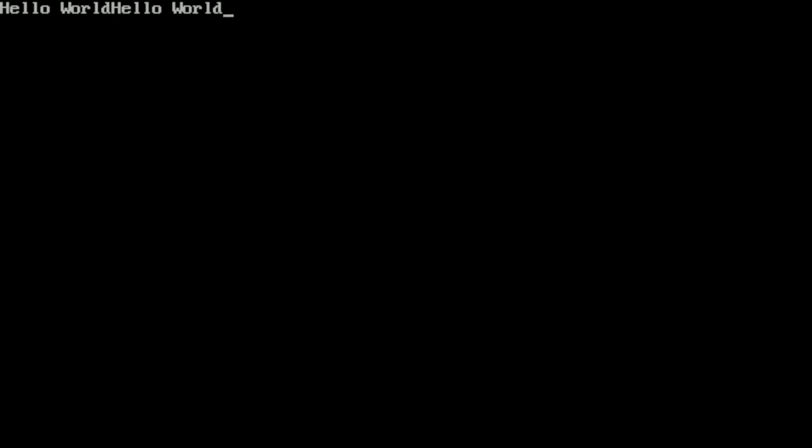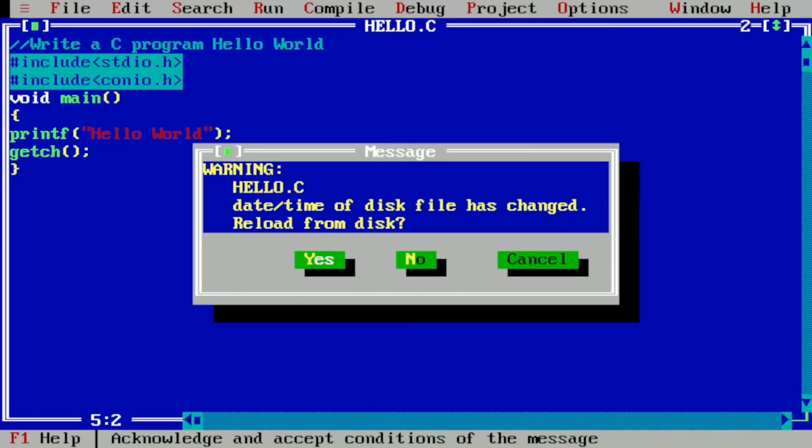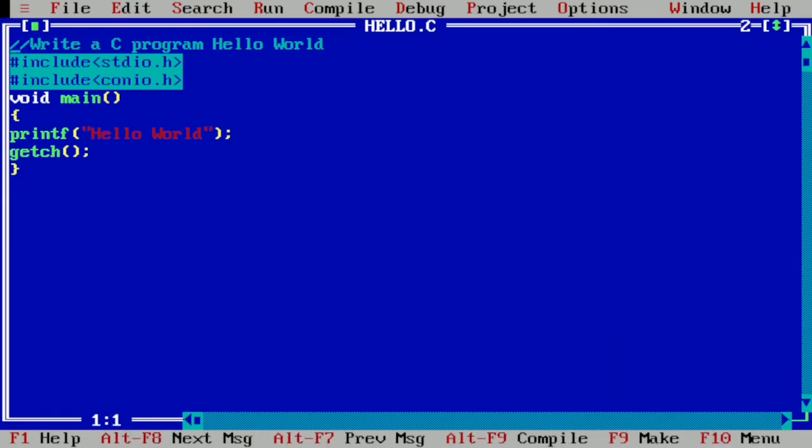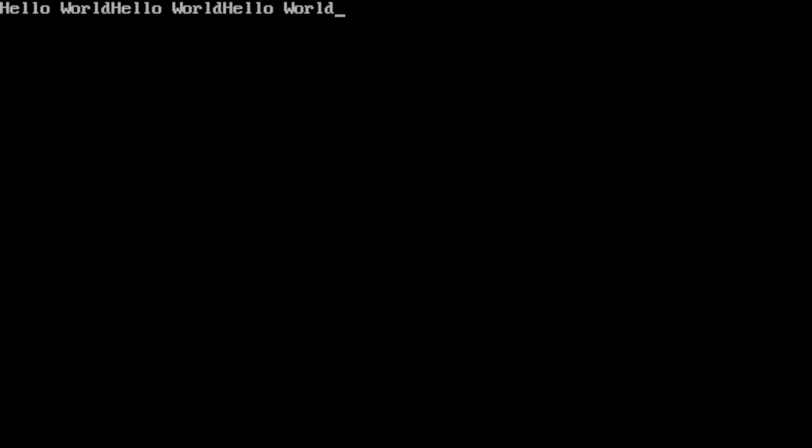Why? Because the first hello world was the output of the previous execution, and the second hello world is the output of the current execution. So if I go on executing, every time it is going to repeatedly print the same statement.